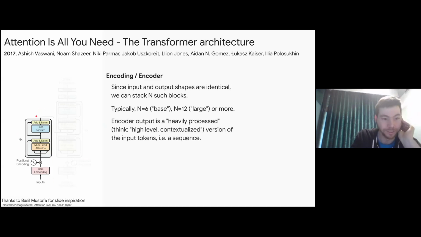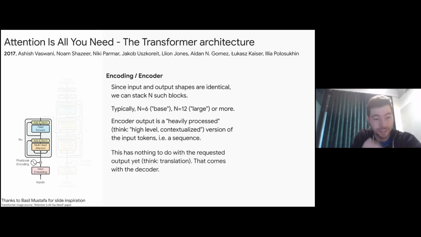So then you can think of the output of the encoder. This is as many vectors as we had as input, right? But each vector you can now think of as a heavily processed version, very high level, contextualized. It has seen stuff, it has processed stuff a lot. So it's a very high level, transformed version of our input. In terms of translation, our input was English text. This is a very high level, let's say understood, representation of this English text.